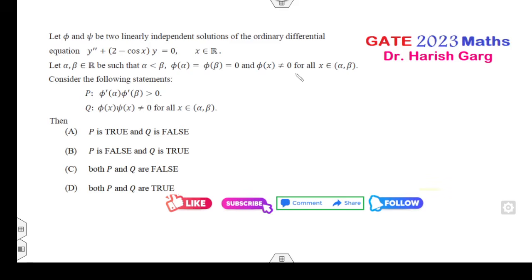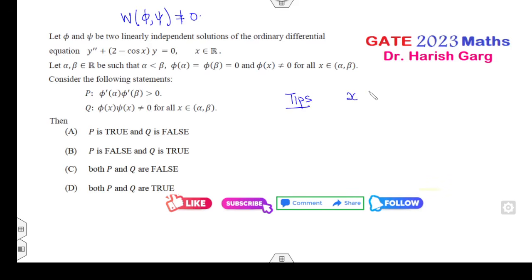Okay, look at this next one. Phi and psi are the two linearly independent solutions. So psi is my non-zero. Fine. Then you can choose phi and psi such that, okay, बच्चों कभी भी हमेशा एक बात याद रखो, जब